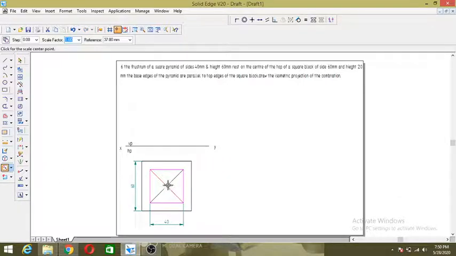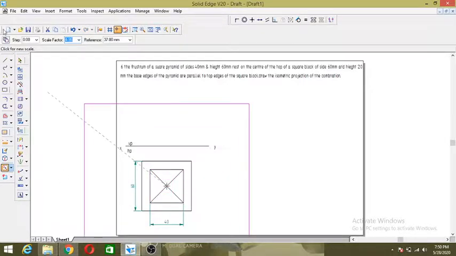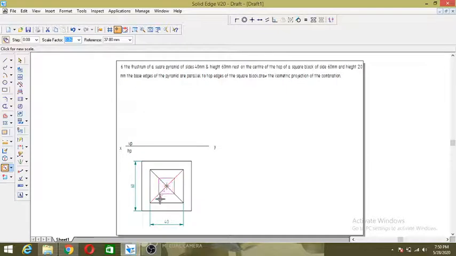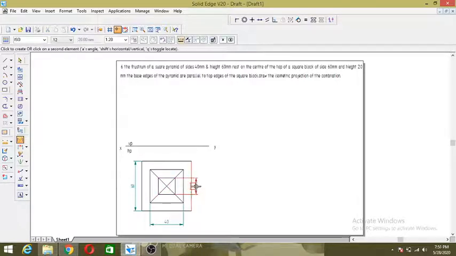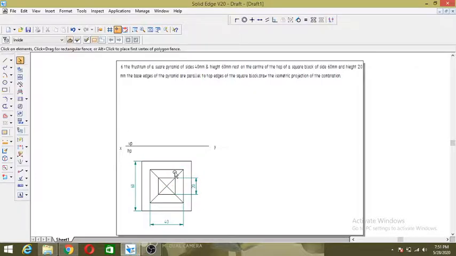These things happen in the class itself, then you will learn easily. Turn on the copy command. So the scale factor is 0.5. Now just measure it. Go to smart dimension. See, now this is 20. So this is what it looks like when I am viewing from the top. When you are viewing from the top, the combination looks like this.